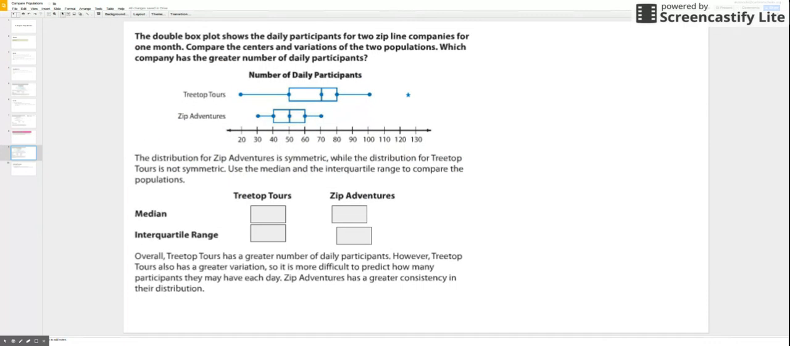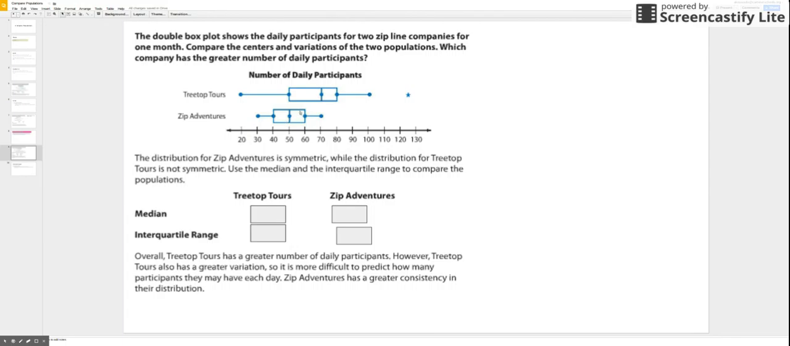All right, so here is our next example. The double box plot shows the daily participants for the two zipline companies for 1 month. Compare the centers and variations of the two populations. Which company has a greater number of daily participants? Okay, so here, right away, I could tell you